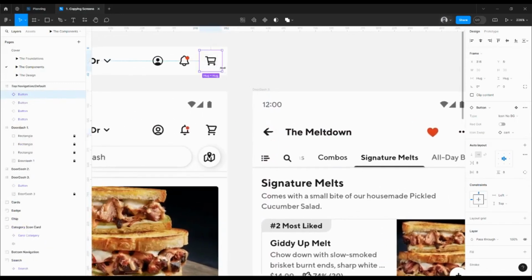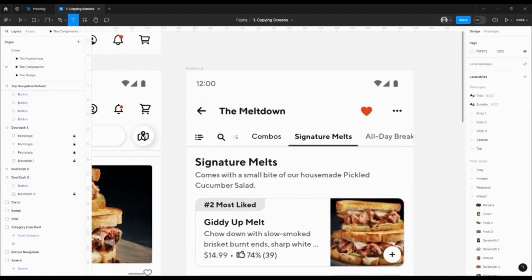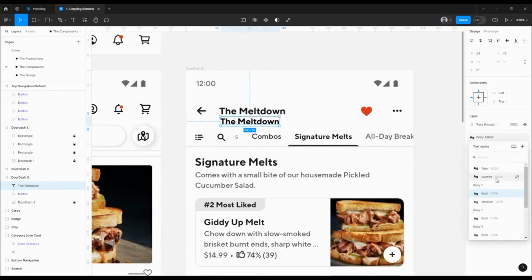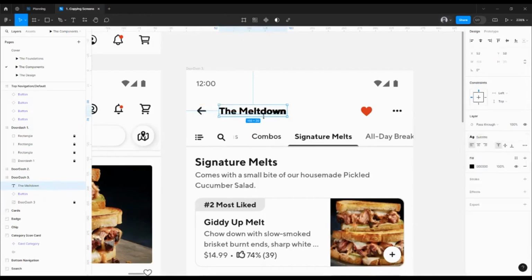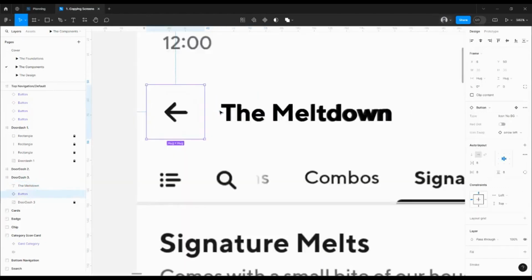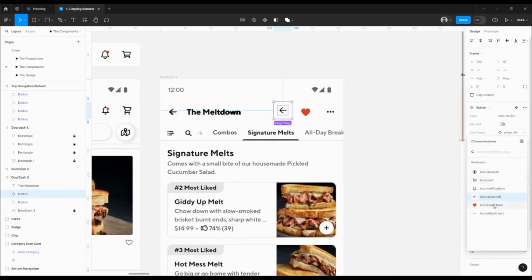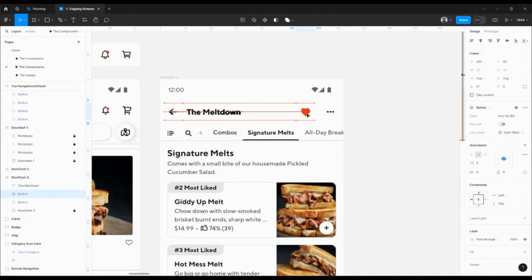Since this is 6, okay, this I'm going to hit T on the keyboard and type whatever is written here and see if this matches. This is slightly smaller. I need to go to subtitle because this is not a button, this is a heading of the page. Now I'm going to copy this button, change the variant to heart, place it right here,